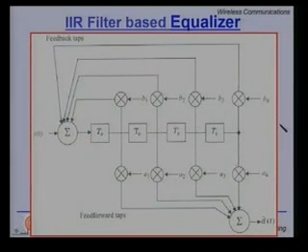Here is a block diagram of a simple IIR filter based equalizer. Please note, Yt is the input waveform. We have removed the noise part right here. Now, here you have again the delays Ts. Then you have tap points. So, the A1, A2 and so on represent the feedforward taps. Here B1, B2, B3 and so on represent the feedback taps going here.